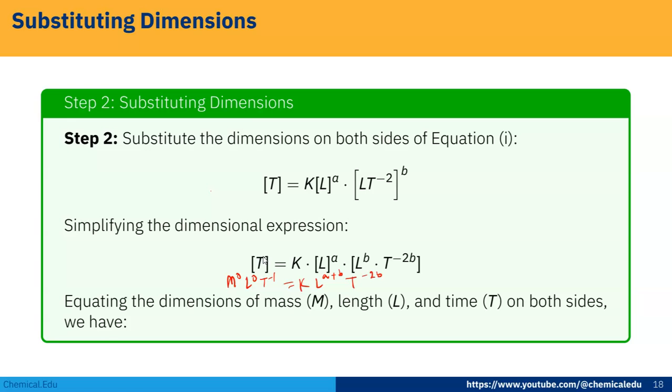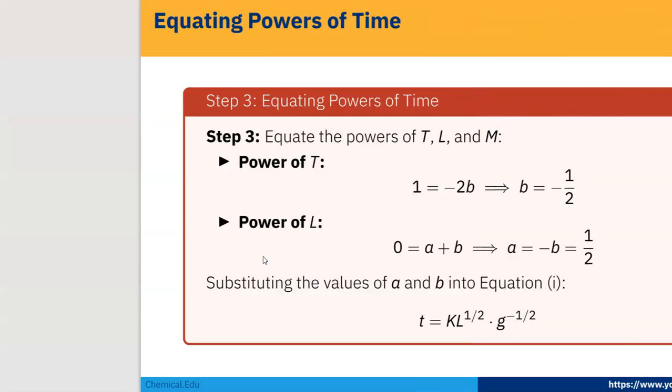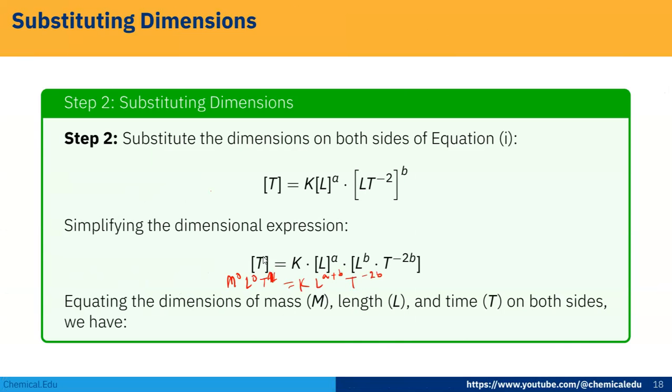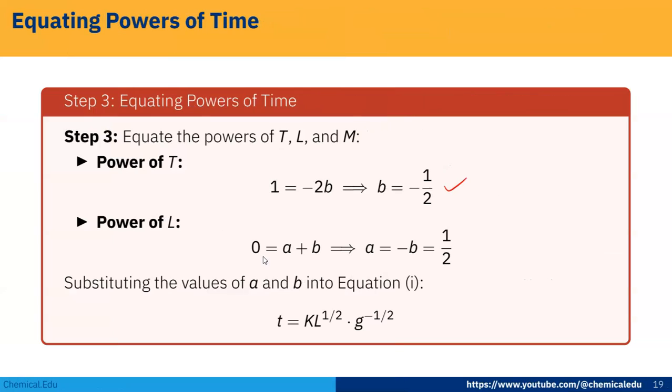We already did the power of T, 1 equals minus 2b, so b is equal to minus half. You can see here that the L power is 0 on the left hand side and a plus b on the right. So we can write 0 is equal to a plus b, so a will be minus b, that is